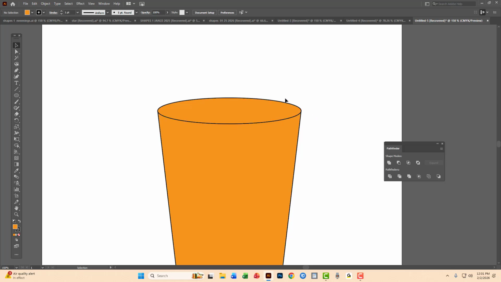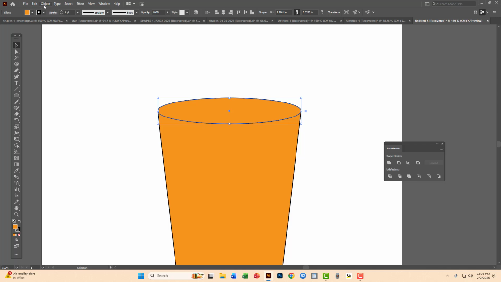So this is very fragile for a flower pot. All right, so let's make this look like it's a thicker material. Okay, so we select the oval like this, and then we go to